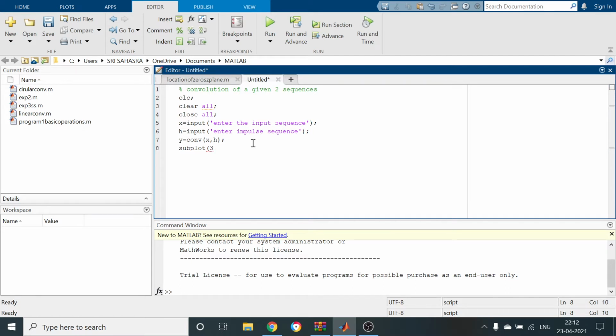So that's why I am going for the matrix 3 comma 1 comma 1. So this is the sequence. What command do we use? Stem. Here I use stem of x, that is the input signal. The x label is n, that is the sequence.